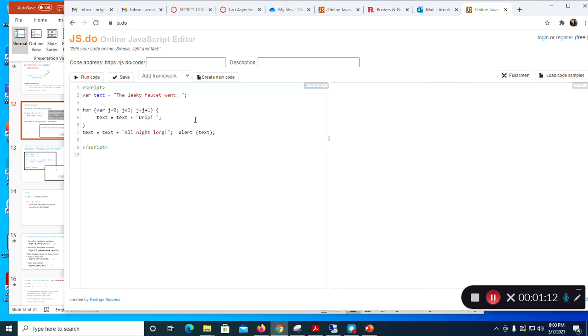But I actually put it here in JSDO, same thing, right? So here's the script, here's the leaky faucet, here's the for loop: initialize, the comparison, the incrementer or the update, and then the command you're executing, all within your curly brackets. So you can do multiple commands, and then you run it, right? And then here you go, right? Leaky faucet went drip, drip, drip,